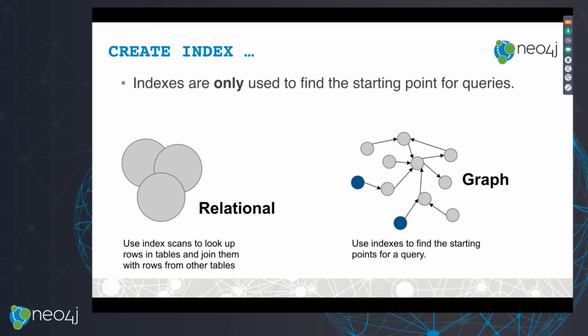We can also create indexes in Neo4j. We didn't talk much about this, but I think it's important to understand how indexes are used in a graph database versus how they're used in a relational database. In a graph database, we use indexes not to traverse the graph, but rather just to find the starting point for our query. So we were looking up me by user ID. We had my user ID, and we needed to look that up in the graph. We use an index to find that starting point, but then we traverse out without using index lookups with a